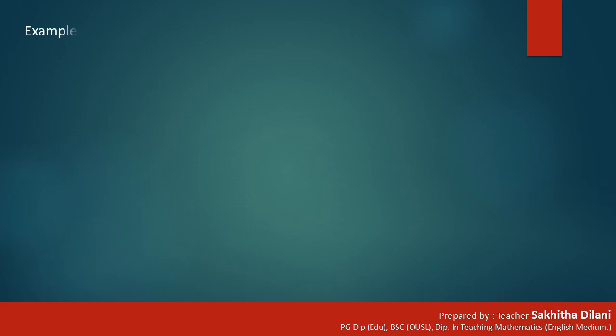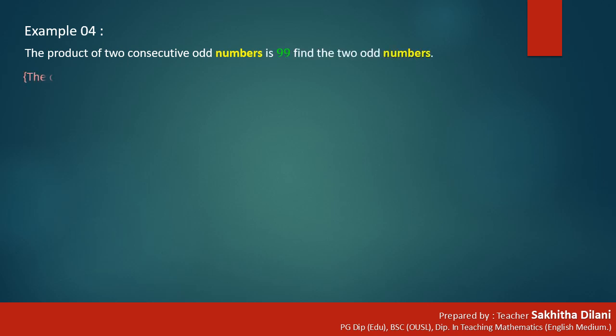Let's see another example. The product of two consecutive odd numbers is 99. Find the two odd numbers. The odd number pattern is 1, 3, 5, 7, etc. You know that the difference between two consecutive terms in the odd number pattern is 2. Let's assume one odd number as x, then the other odd number should be 2 greater than x, that is